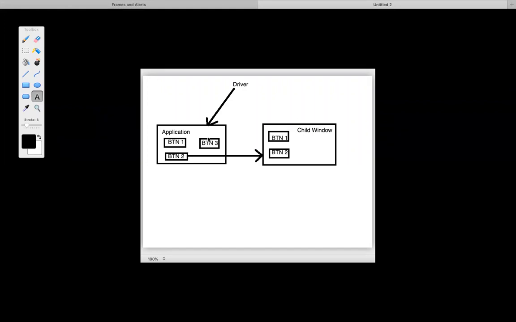But if my question is, I have launched my driver, I have clicked on BTN1, I have clicked on BTN2, and now I want to click on BTN1. My code is directly like this, line by line: click on BTN1, click on BTN2, and click on BTN1 again. Will this work? This will also work. Will I say yes?